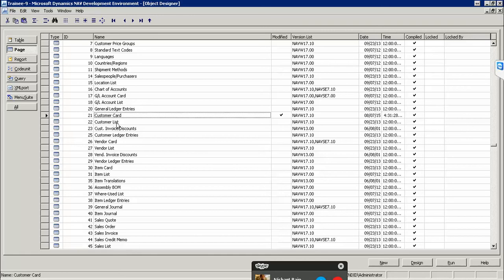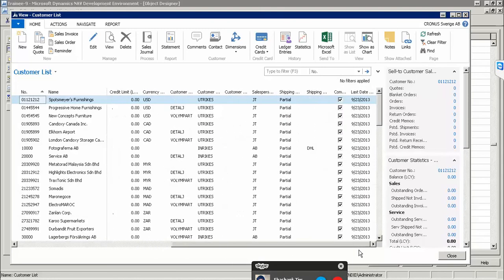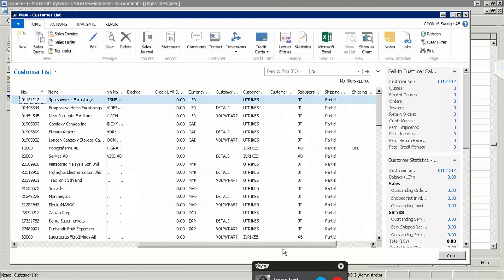Okay, so that is the card. This is a list page. Okay, it looks like a table, but it is not, because we don't see all the fields here. I can add more fields. I'll see more of them. And